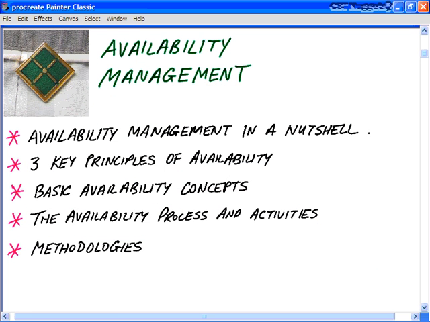In ITIL availability management, we're going to cover 5 key topics. First of all, we'll explore availability management in a nutshell. Then, we'll look at the 3 key guiding principles of availability. You need to know these. We'll also look at some basic availability concepts and terminology. And then we'll look at the availability process and activities, and then finish up with a brief overview of some